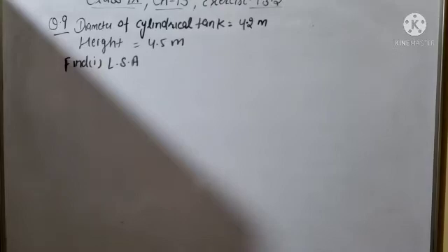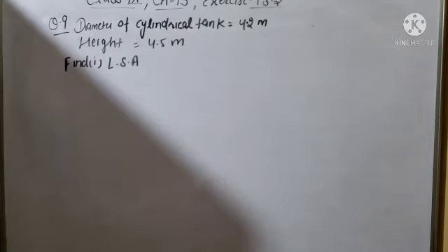Sorry, 25 centimeter. So if diameter is given in centimeter and height is given in meter, so first convert the diameter. First find out the radius. So d is 5 centimeter. So what will be the radius? 5 by 2. Okay, so it will be 2.5 centimeter. Now you will convert it into meter. So it will be 0.025 meter. After that, you will find out the total radiating surface in system. Total radiating means total surface area. So you will simply put the formula 2 pi r into r plus h and you can easily find out the total surface area. So question number 8 you will do yourself. Okay, I am not explaining it.